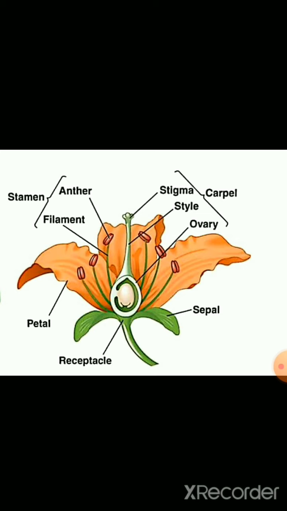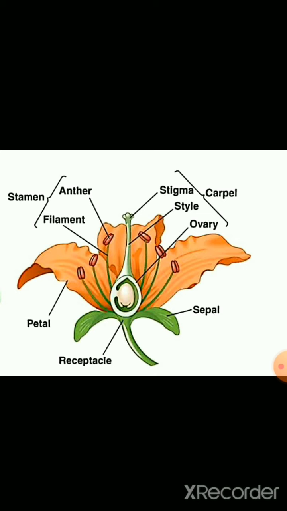The male germ cells produced by the pollen grain fuse with the female gametes present in the ovule. So the fusion of germ cells is called fertilization. Fertilization is the process of fusion or mixing of the germ cells of male and female, which gives us the formation of a zygote, which is capable of growing into a new plant, or we can say formation of seed occurs here, due to which a new plant can be grown.